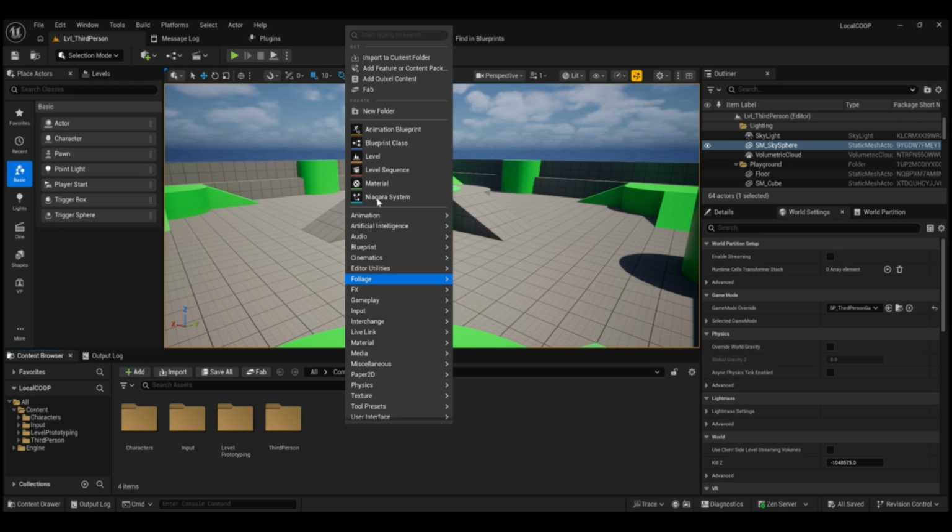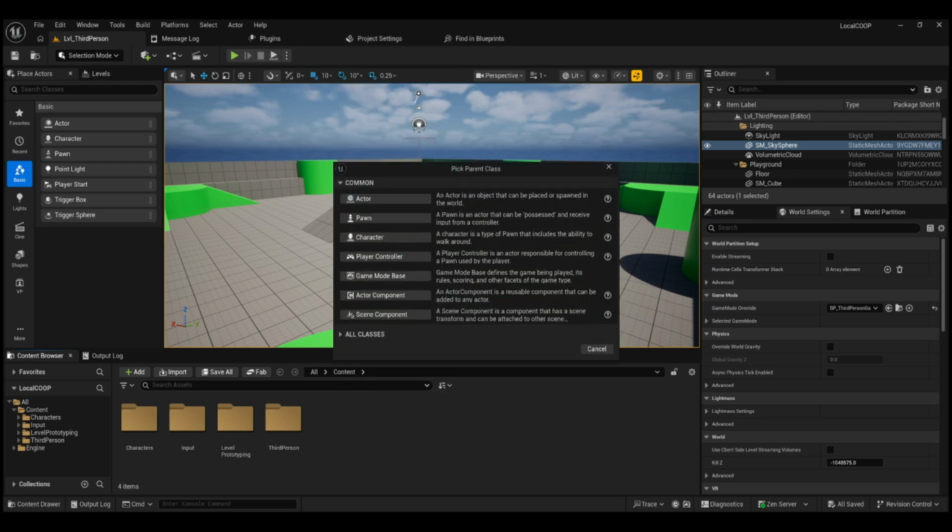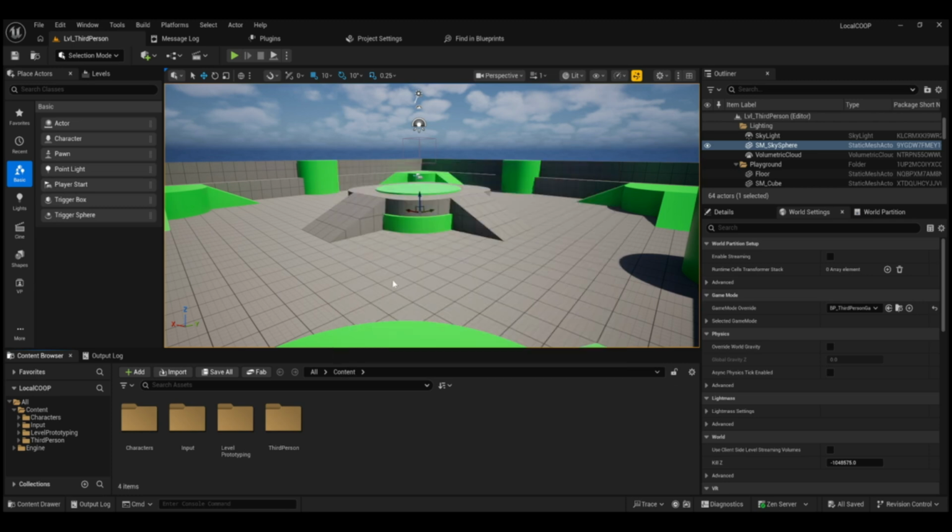So if I right click, go into Blueprint class, you see game mode base here. If I select that, I can make a new game mode. We'll call this BP for Blueprint, and then split screen mode, something like that. You can call it whatever you want, but that's what I'm going to call mine. Open this up,